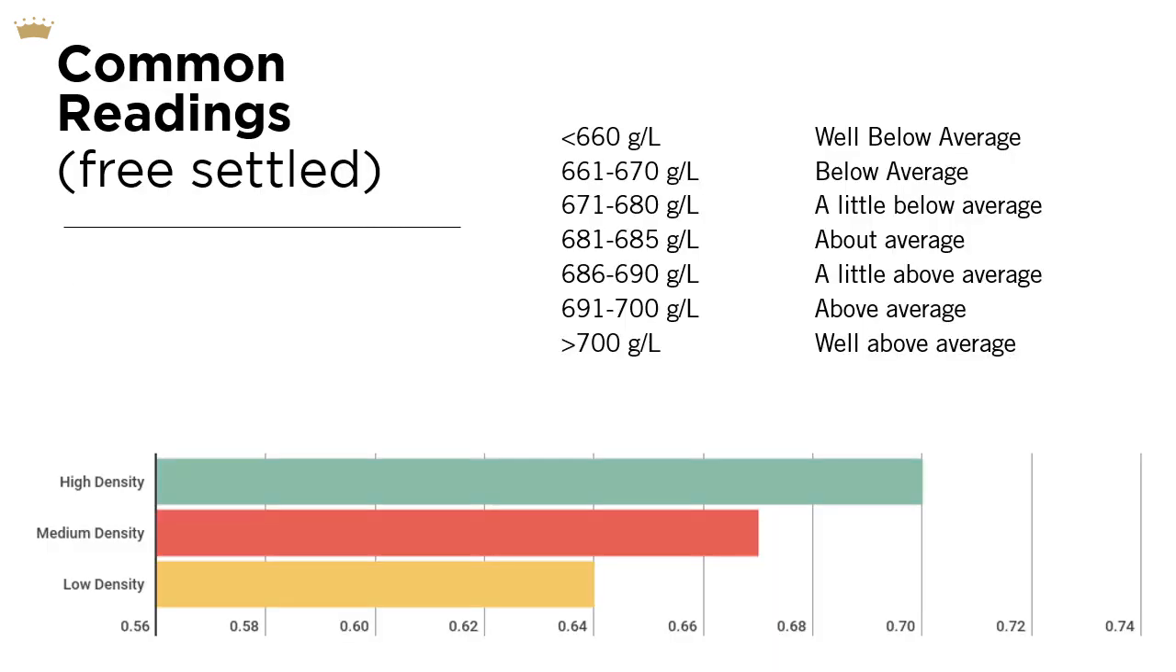So here are some common measurements that we take, and I've represented them both in grams per liter in the text and also in grams per milliliter on the chart. These are the exact same figures, except that it's just a multiple of 1,000. So that's the difference between a milliliter and a liter. And what we generally see across the board for these free settled measurements of green coffee is that anything below that